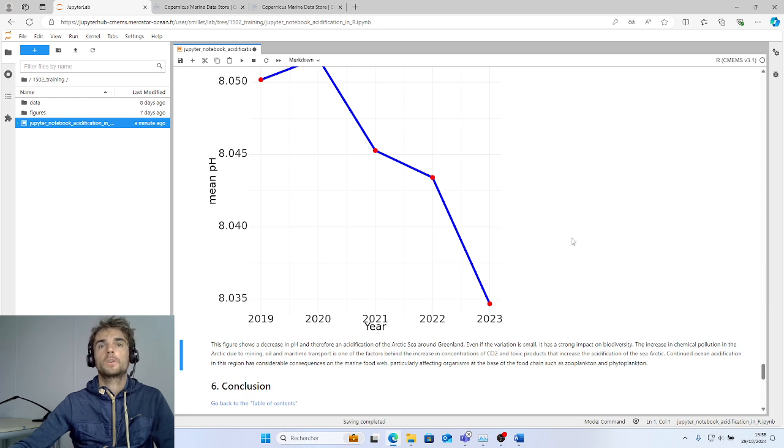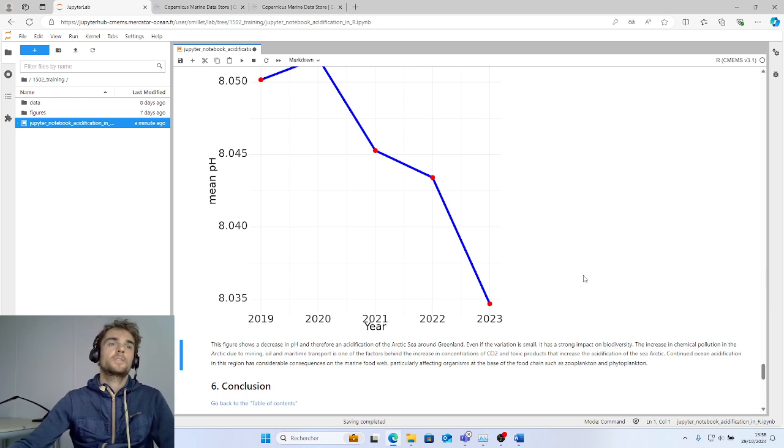Even if the variation is small, it has a strong impact on biodiversity. The increase in chemical pollution in the Arctic due to mining, war, and marine transport is one of the factors behind the increase in concentration of CO2 and toxic products that increase acidification of the Arctic Sea.